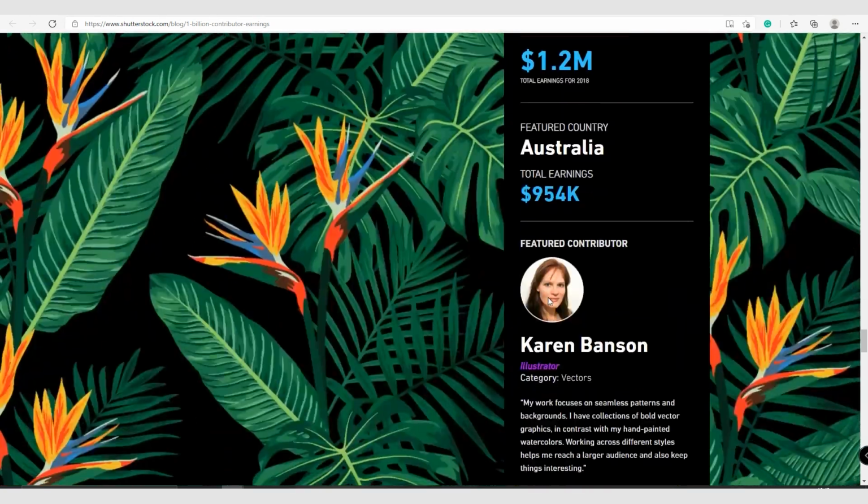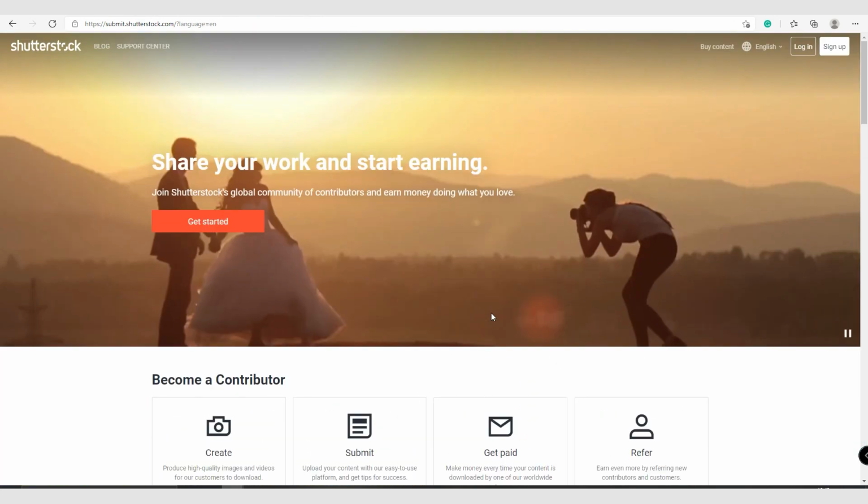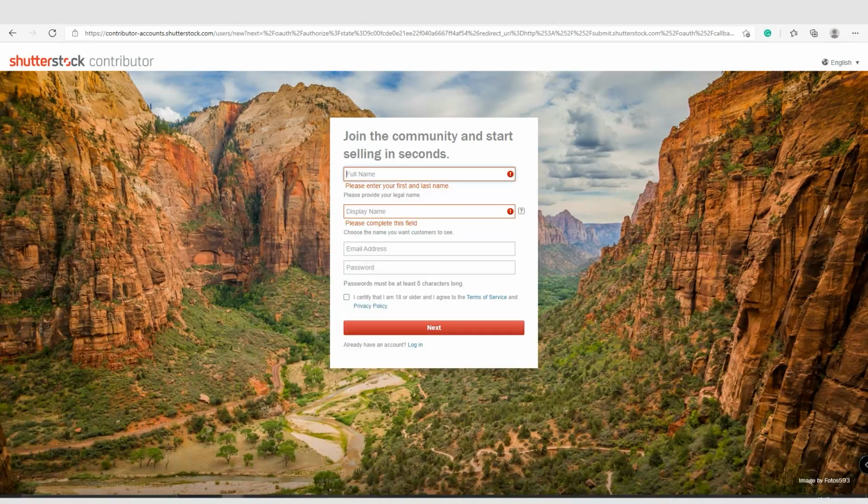In any case, to get started working for Shutterstock, what you need to do is come back over to here, come back up, click on Get Started, then just enter your basic information and create an account and you're good to go. With that done, let me show you the site where you can get the set photos, and